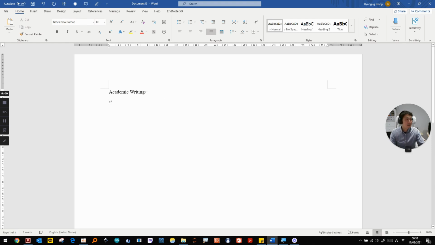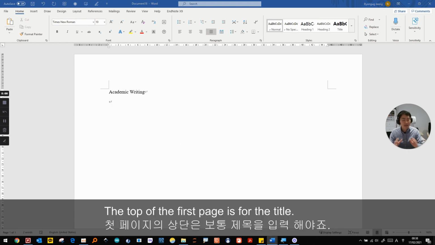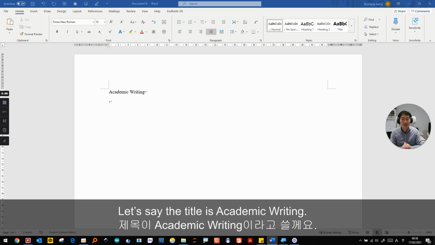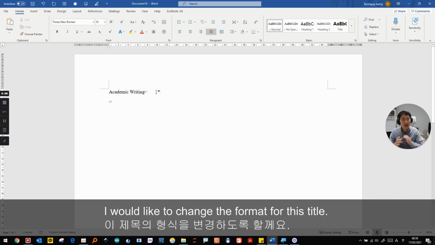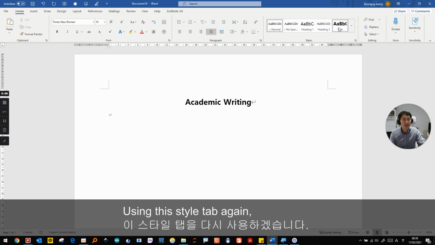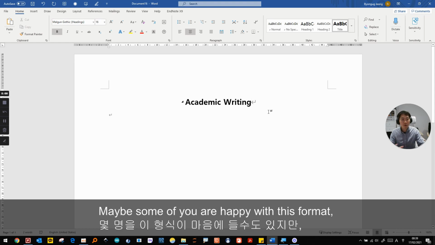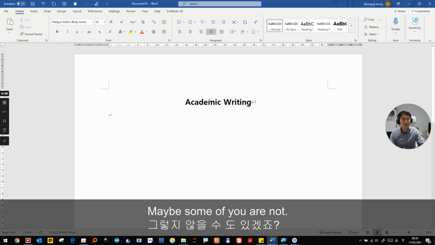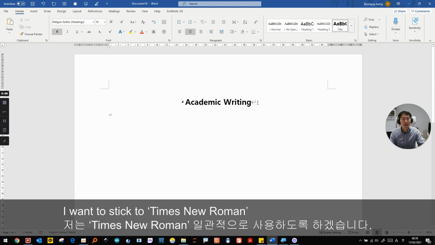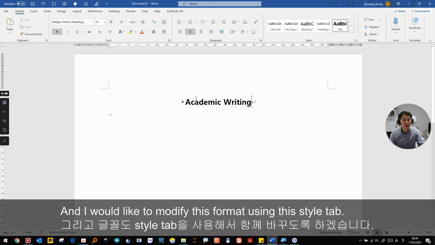Then the top of the first page is for the title, right? So let's say the title of this document is academic writing. I would like to change some format of this title using this style tab again. If I click this title like that, maybe some of you are happy with this format, maybe some of you are not. So I want to stick to Times New Roman, and I'd like to modify this format